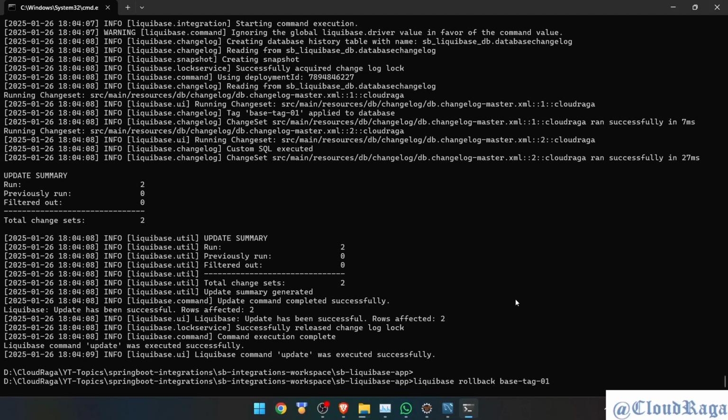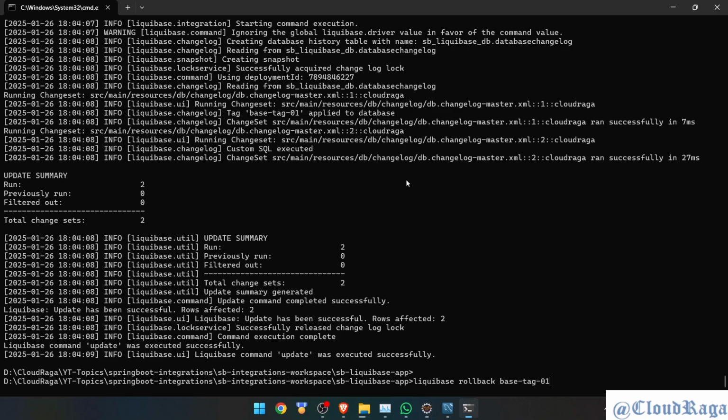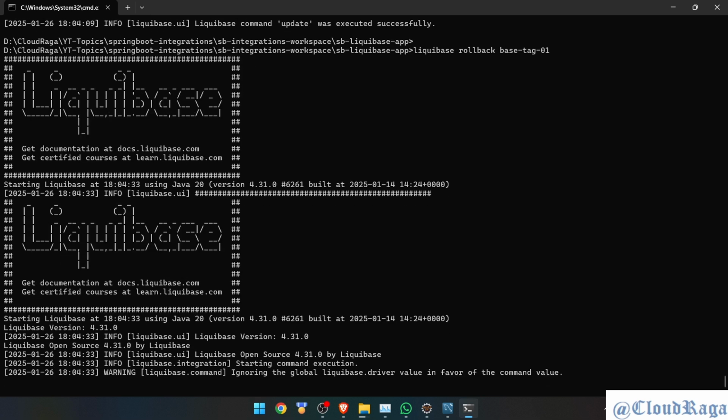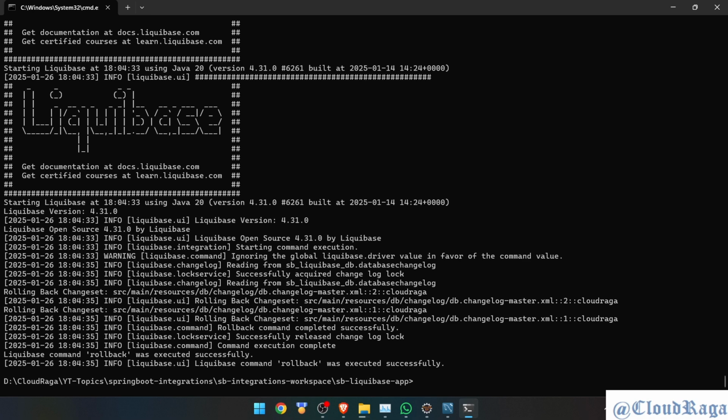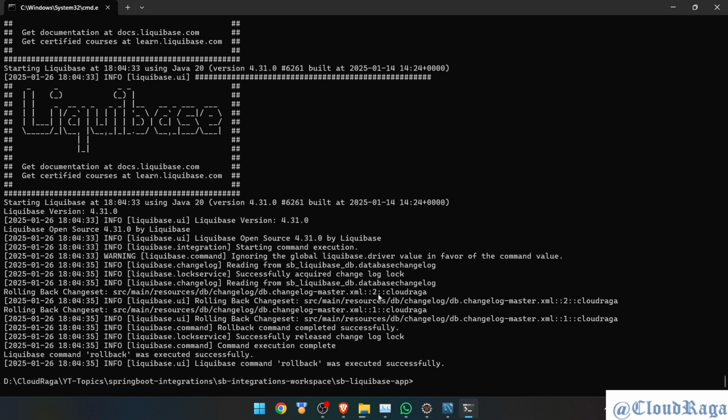Now let's try to roll back. So rollback and give the tag name. This base tag 01 is coming from here. It's the tag name from where Liquibase can roll back. Okay, entered, and it should work. And yeah, it is saying rolling back change set, and this file, and specifically the id2 got called and it